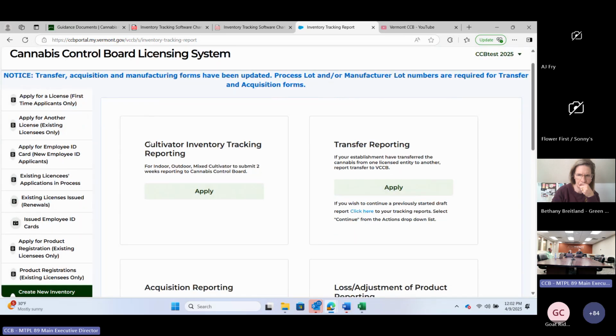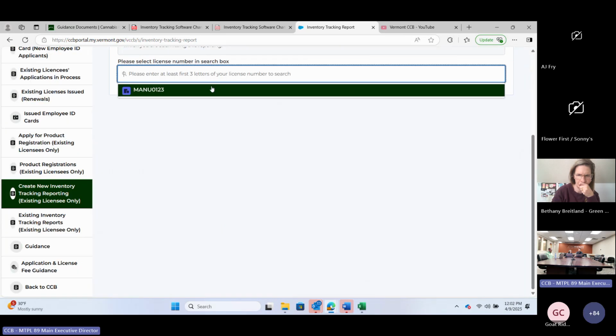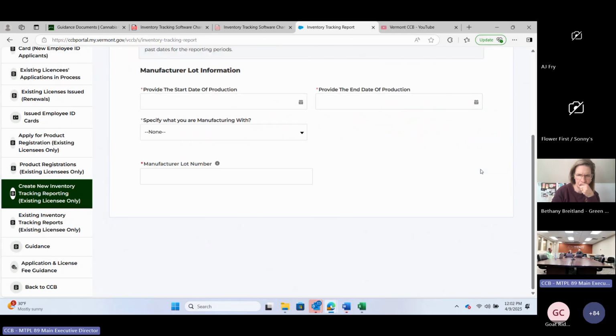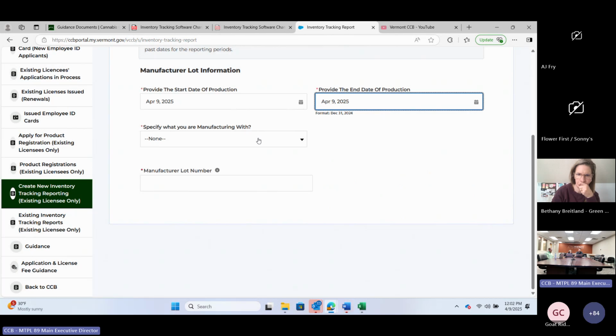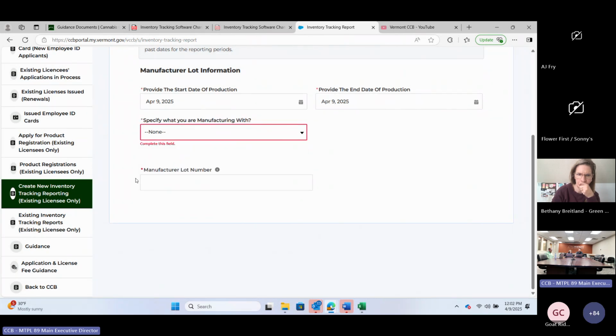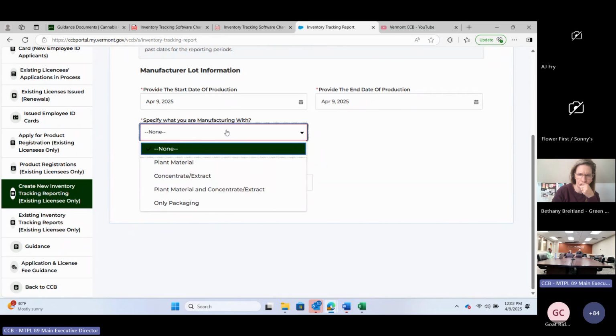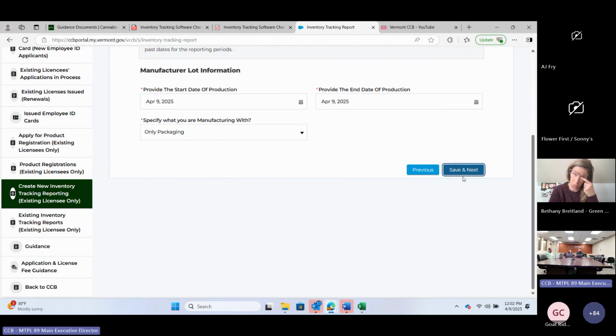So we're going to go to manufacturer reporting again, put in our license number, and we're going to put in our dates. And then what we're going to do now is we're going to select only packaging. And when I do that, this process, this manufacturing lot number, that field is going to go away because we're not creating a new manufacturer lot. We're going to be referencing it in our reporting. So we're going to hit only packaging, and you'll see that that process lot field went away. And so when we hit save and next,